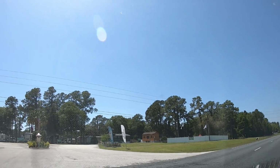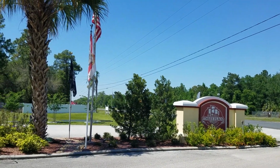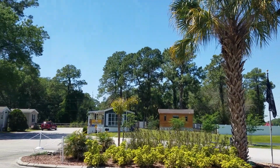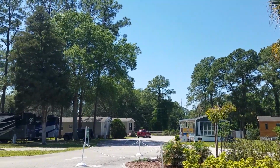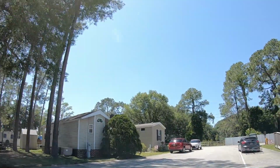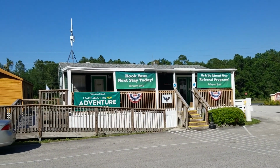When you enter the park off of 44, one of the first things you notice is the landscaping. Everything about this park is super clean and super well maintained. You can really tell somebody has some pride in this park. It really is nicely taken care of. Now it's one way running all the way around the outside of the park, so when you come in you bear to the right. Right there on the right is the office,